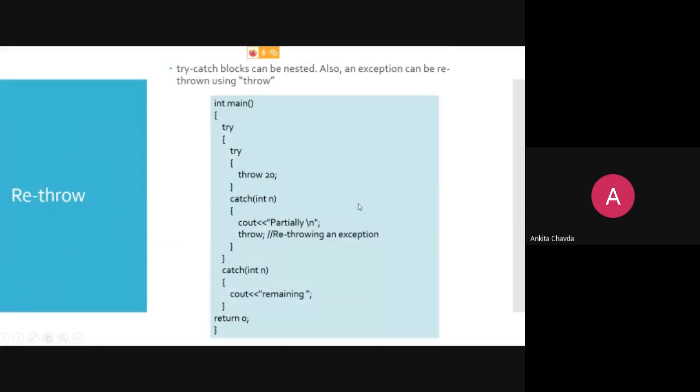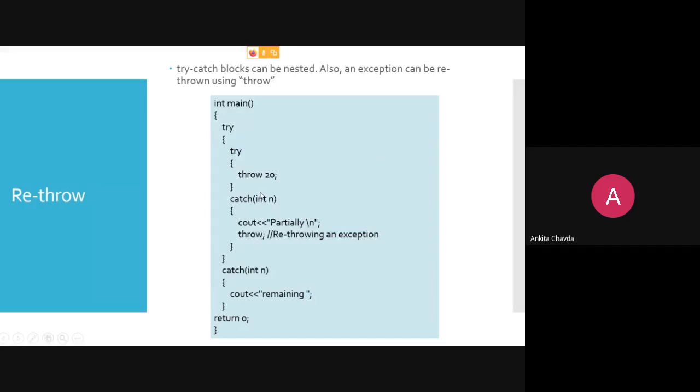The next is rethrow. Rethrow is what? A try-catch block can be nested even, and an exception can be rethrown from your catch also. Generally, whenever in your try block you are writing throw, at that time it will always go to your catch block. But what if you are writing throw again from your catch block?